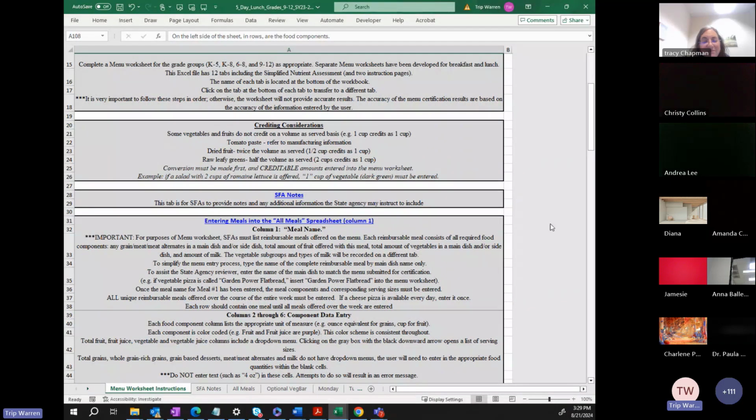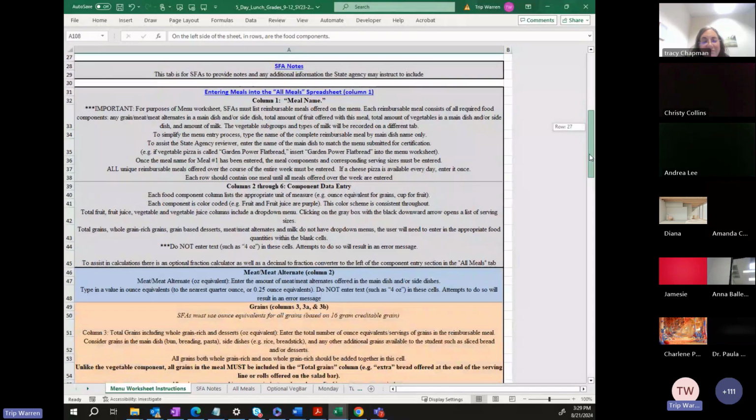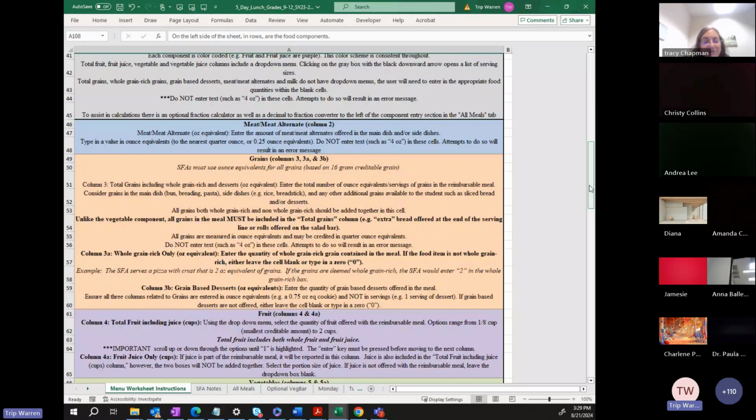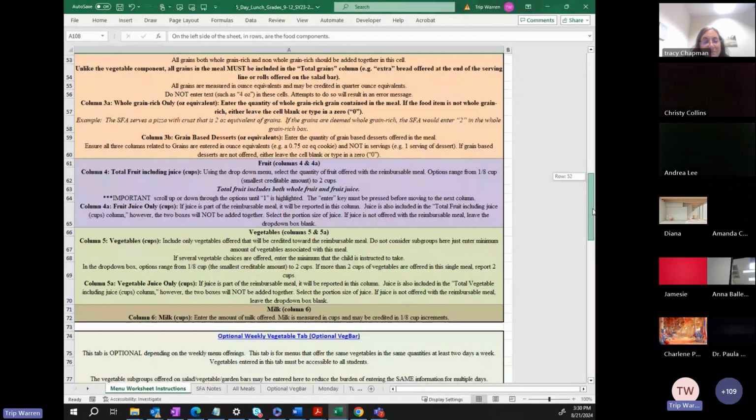Then we talk about entering all meals, and we're actually going to demonstrate that. There is an all meals page where we enter all the meals that are planned for the week in question. As we scroll down, there are some considerations about meat alternate. We only count to the nearest quarter ounce. We always round down. We never round up. There's some considerations for grains, and all of these are color coded, so it's much easier to see. Fruit is in purple,